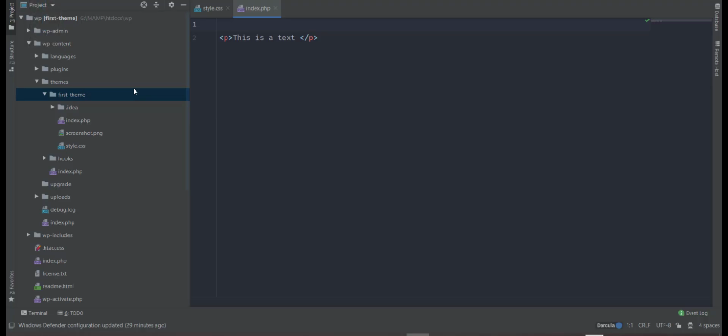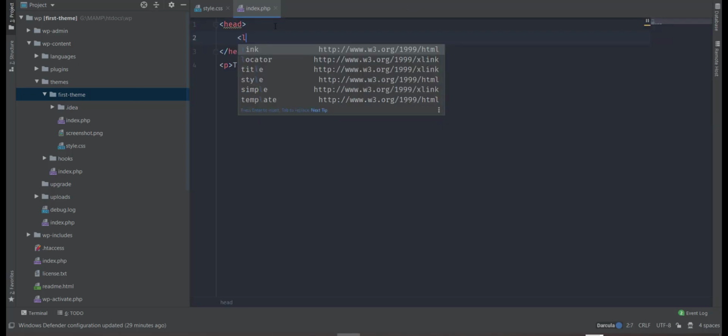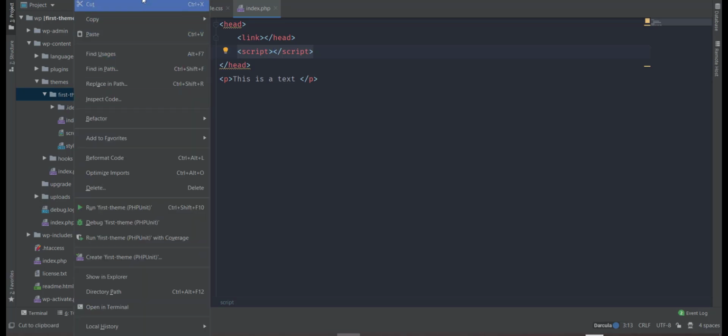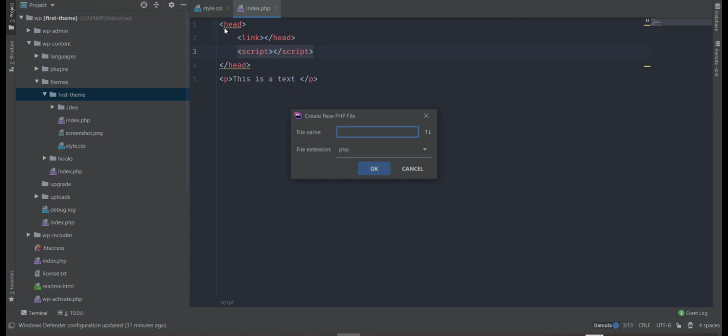In a normal PHP or HTML file, when you want to include a CSS or JS file, you use the head tag, and inside that head tag you put your styles and scripts like this: a link tag or a script tag. But this is not the accepted way in WordPress. In WordPress we need to enqueue those styles and scripts. So for enqueuing those files, we need to write a function to read those files. WordPress reads the functions from the functions.php file, so we need to create that file in our theme main folder. We call it